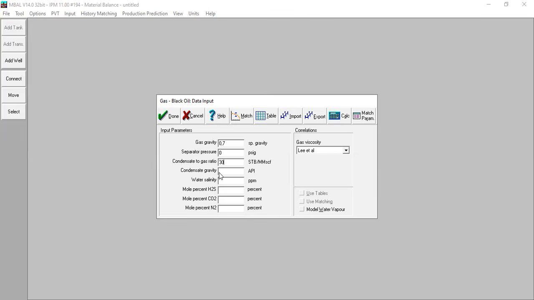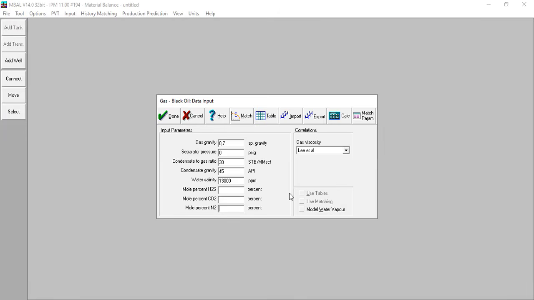All right, so here we have stock tank barrel per MMSCF. And then for the condensate gravity, 45. And again, please be careful, the unit is API. Maybe you have other units in your Embal installed inside your computer. You need to change it first. Okay, so the condensate gravity is 45. And for the water salinity, for example, 13,000 ppm.